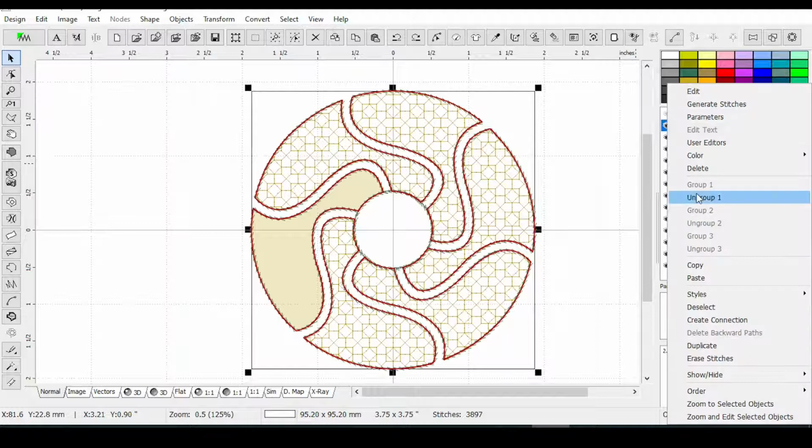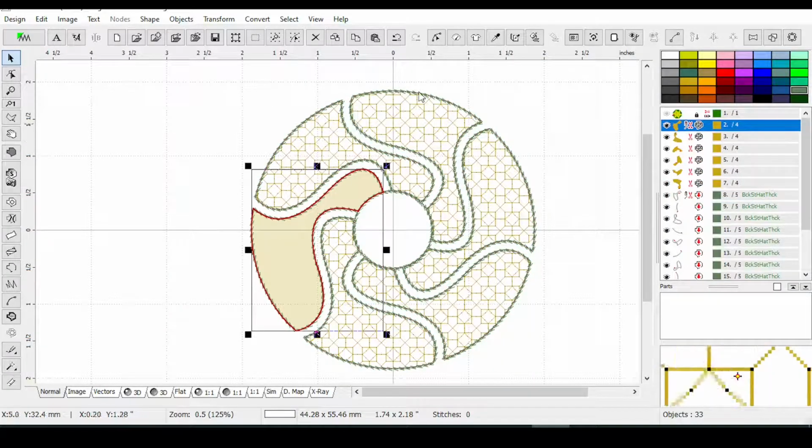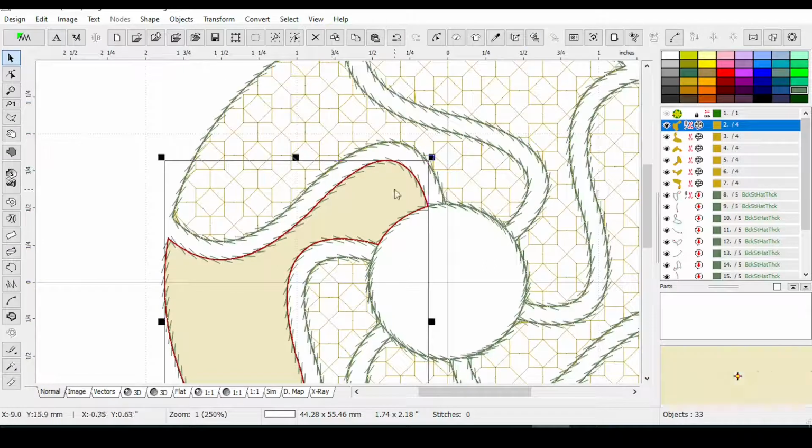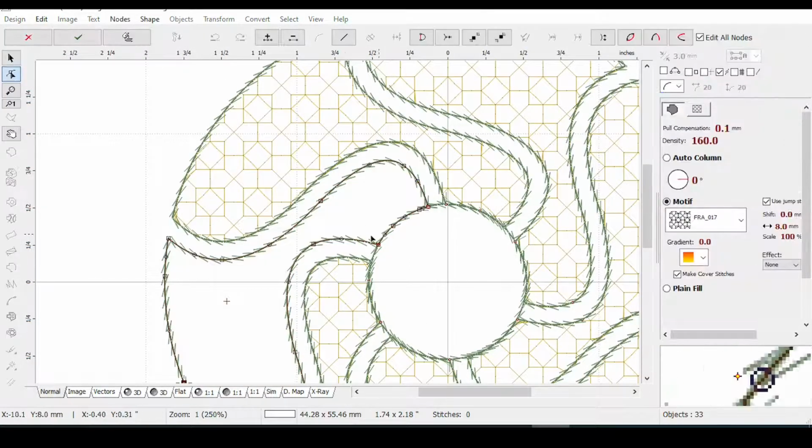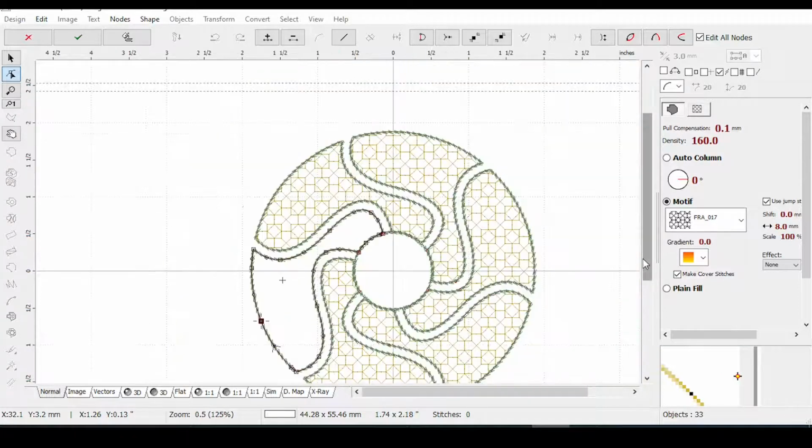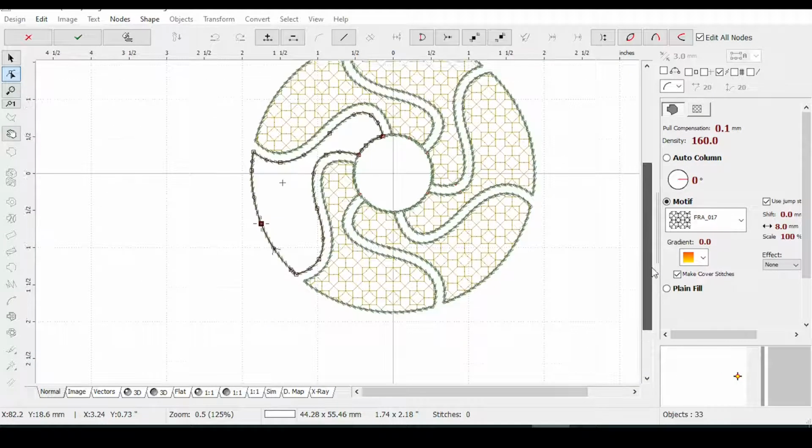I'd have to ungroup them. But I'd have to make them start and stop down here. And since I've already got a connection here, I could just use the same pathway. So I would hit edit and place my start and stop here, which, why would I want to go through all that all over again? I've got the outlines, so I can just,